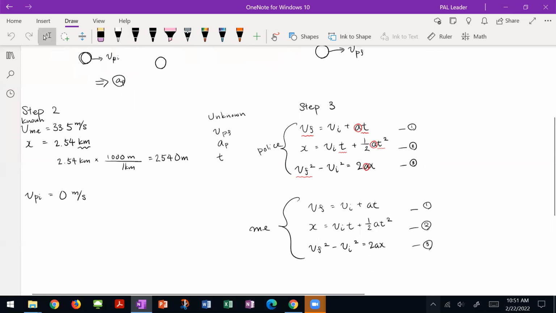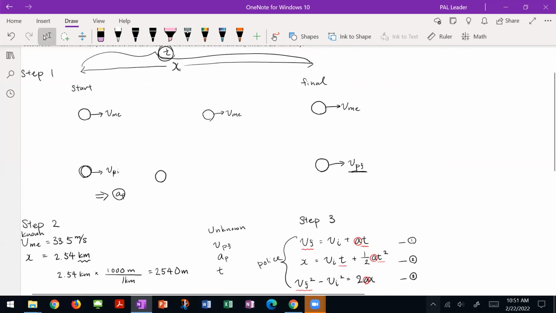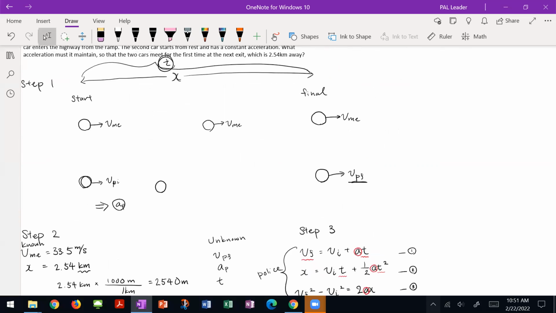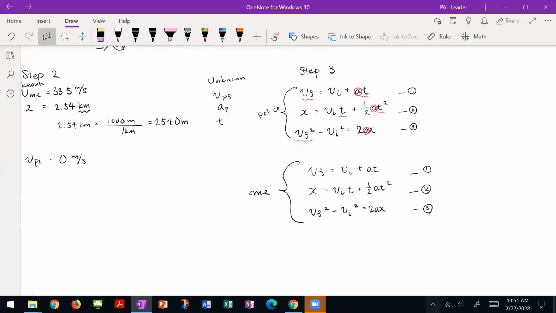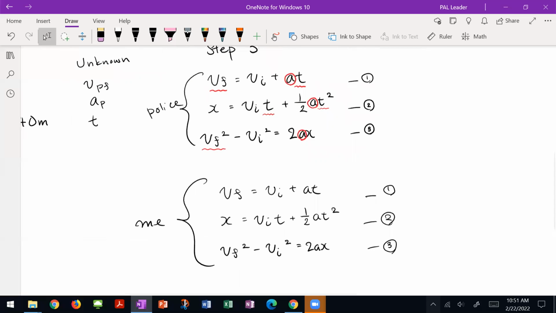We're completely unrelated to the final velocity of the police car, but the time is the same for us and the police car, right? That's a common number, whatever it's going to be. That's something we share. So knowing that, I think I want to solve for the time that passes,